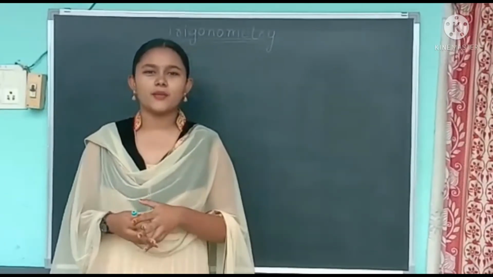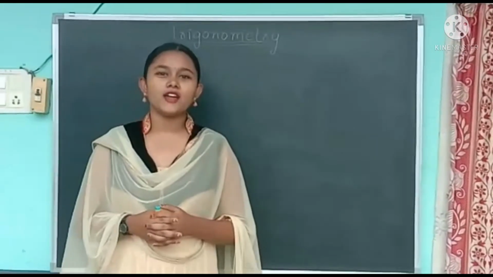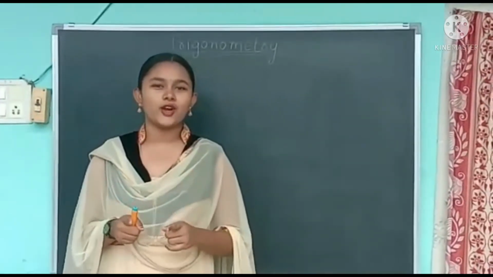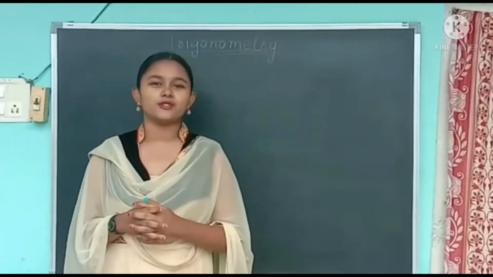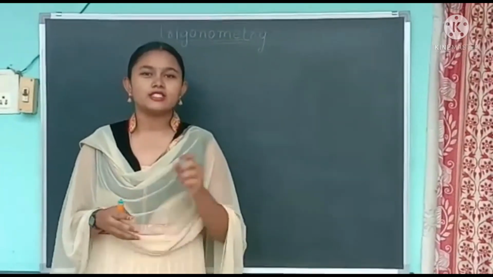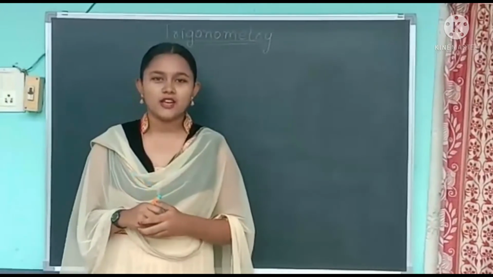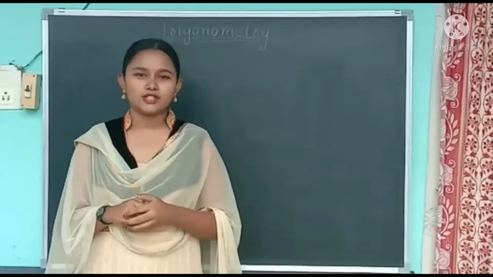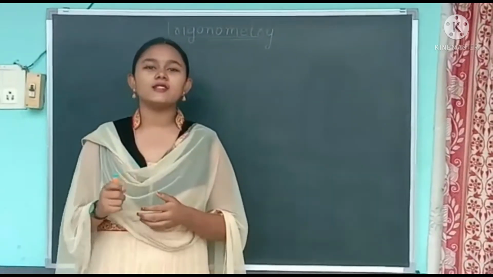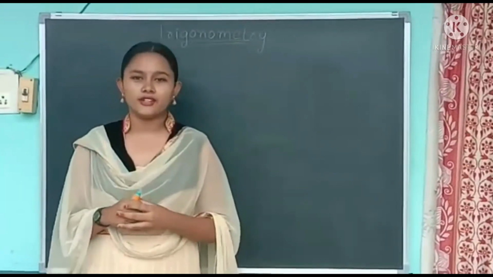In previous sessions we had discussed coding and decoding, classification, and so on. So in this session we are going to discuss trigonometry. I think you all know about trigonometry, and it is a very easy chapter to discuss. So what is the meaning of trigonometry first? Trigono means triangle and metry means measure. So trigonometry means triangle measure. And trigonometry is a branch of mathematics that deals with relationships between side lengths and angles of a triangle.